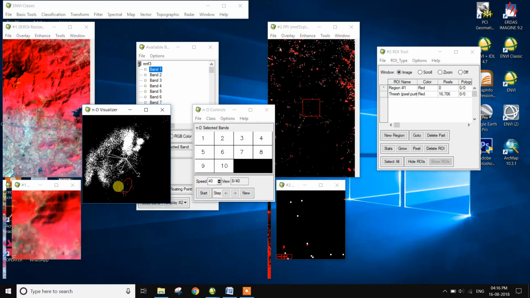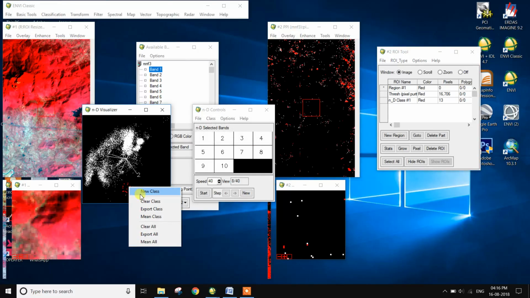Create this polygon and right click, export class to new class.